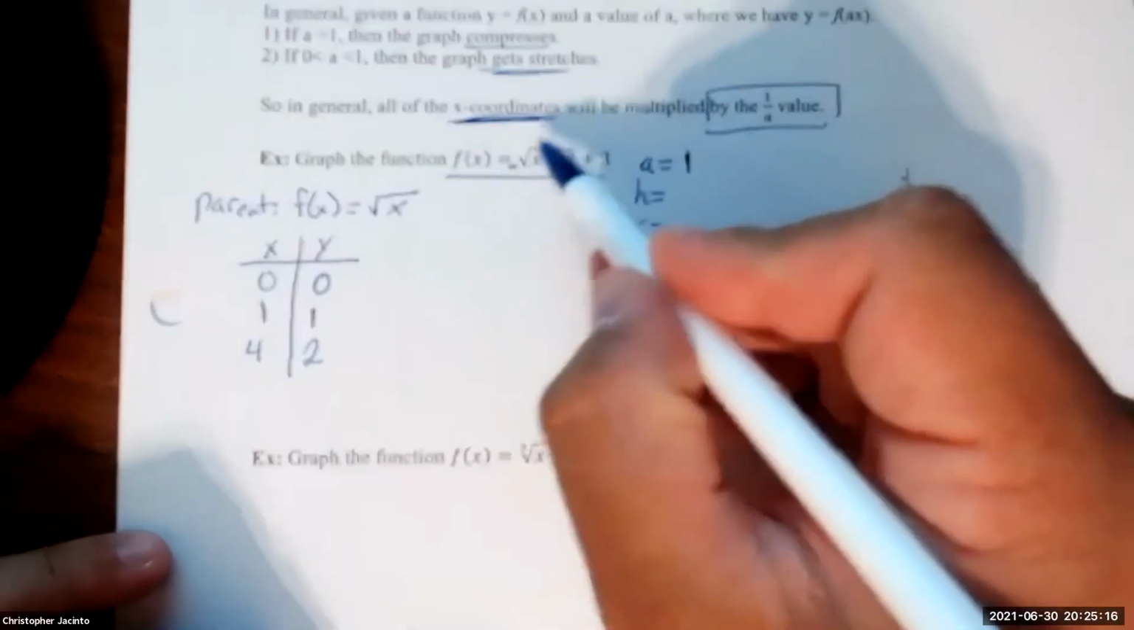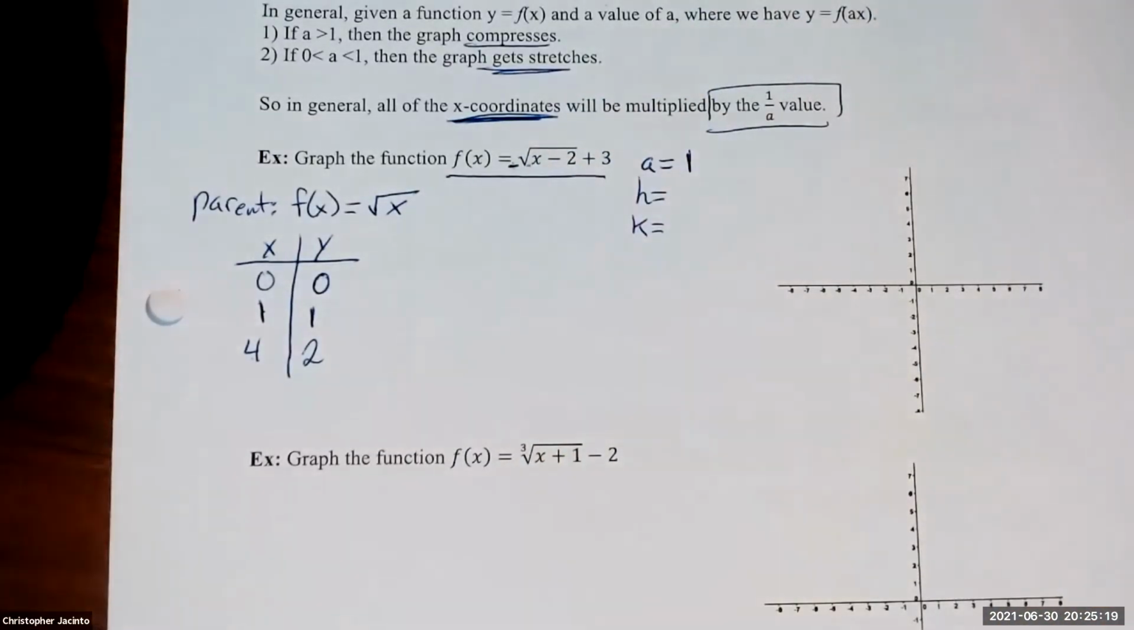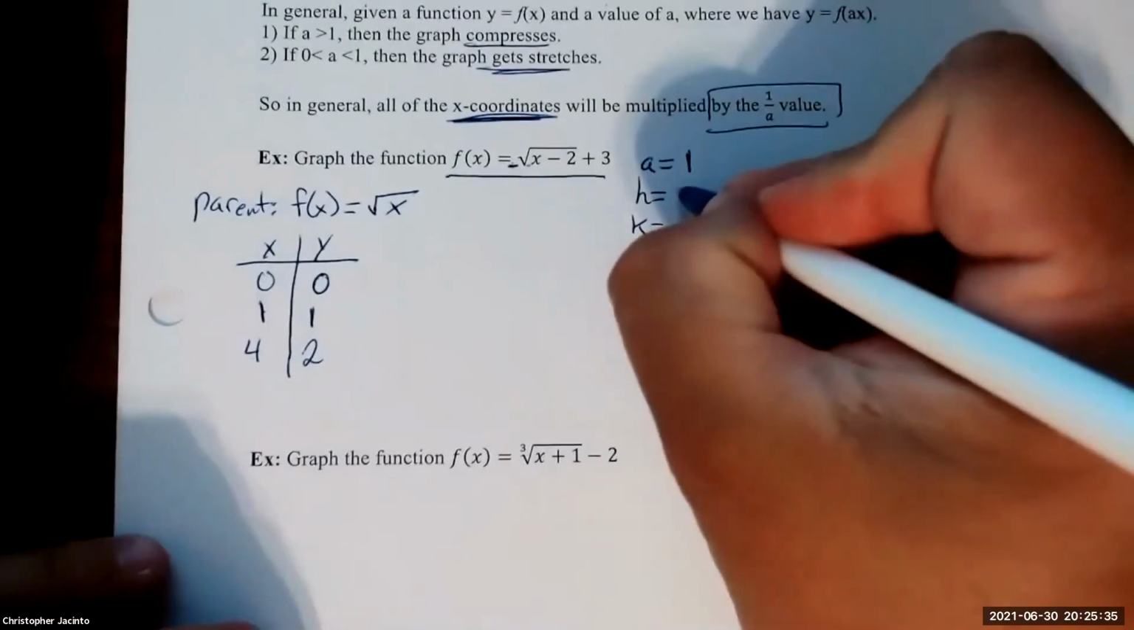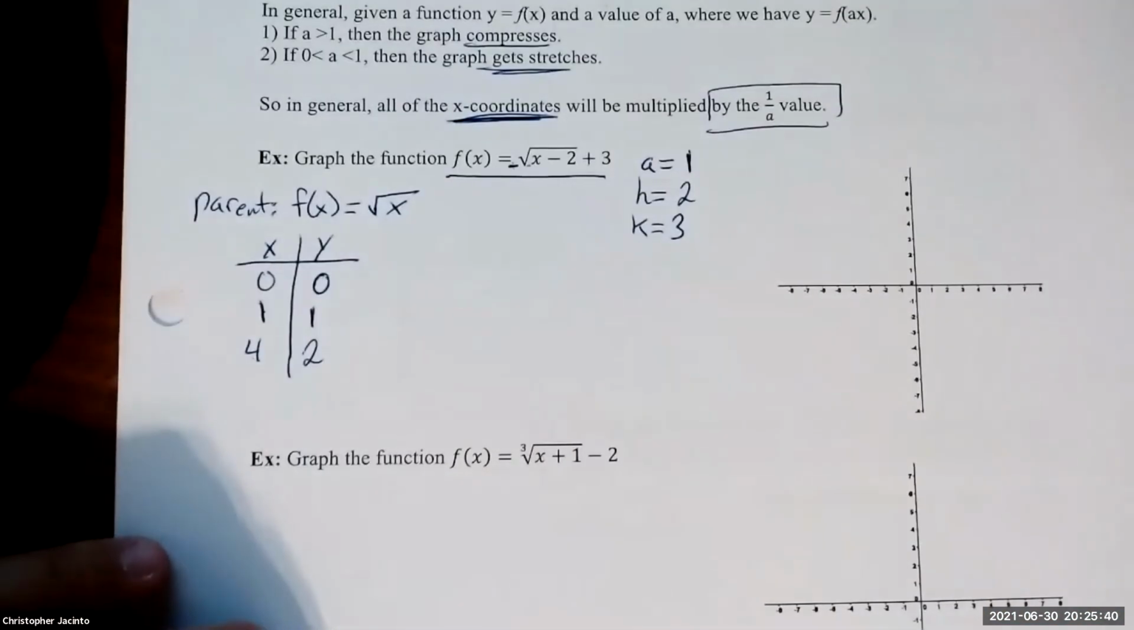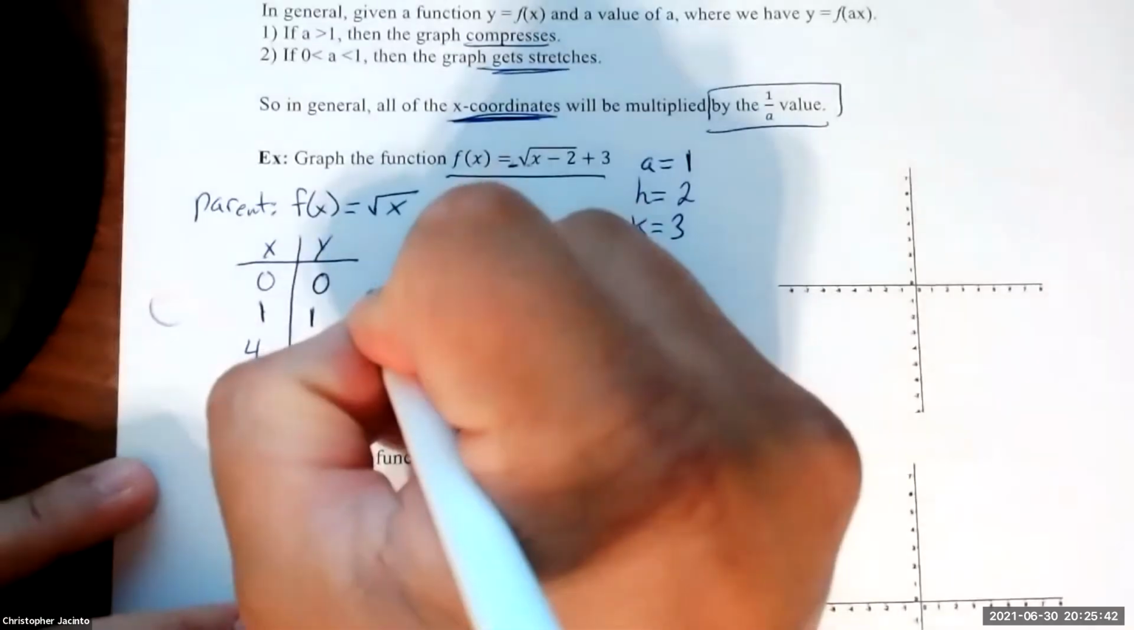what is our h value here? What do you guys think? Yep, 2. Perfect. Nice job. Positive 2. And the k value is nice. It's just going to be 3, right? Just the number in front. Okay. All right. So now if we do this transformation